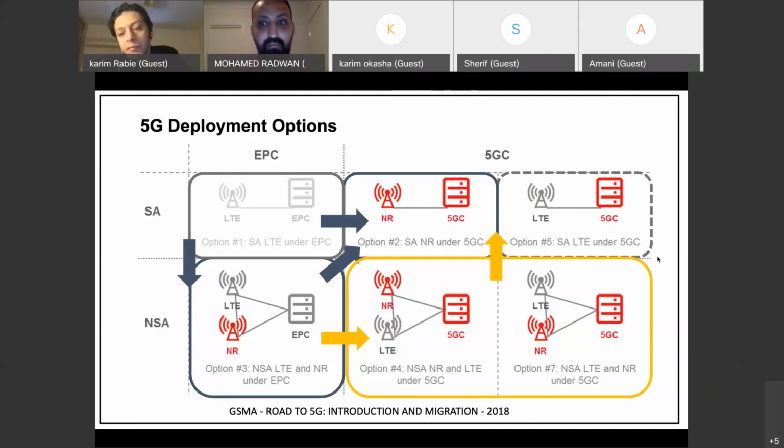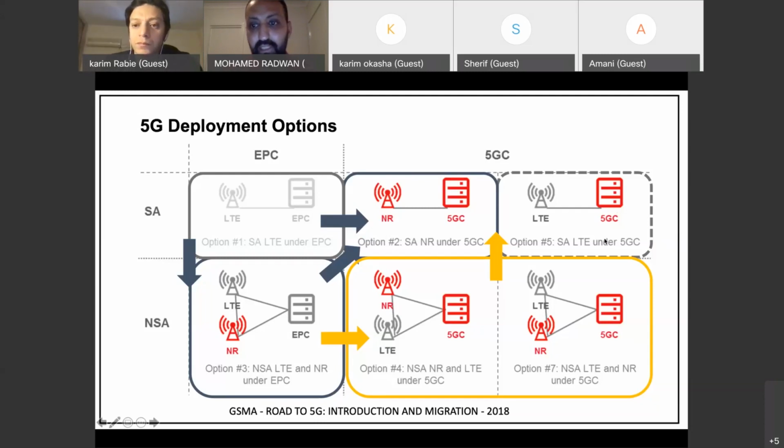And I see there are options going from option 3 to option 3 plus 2. I mean, you will not replace option 3, but both will exist for a while. So it's going from option 3 to option 3 plus 2, and then gradually to option 2. Because turning off 4G is a very strategic decision, it's not just part of a deployment plan. It's a very critical decision. So if you take this decision, then most probably you'll go from option 3 to option 3 plus 2, and then after a certain time, you turn off option 3 and you stay with option 2.